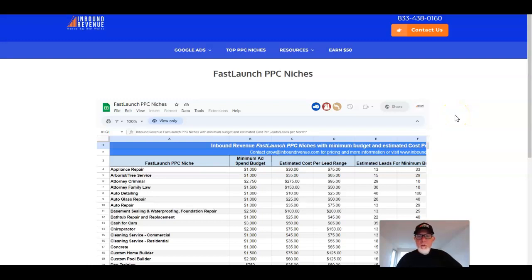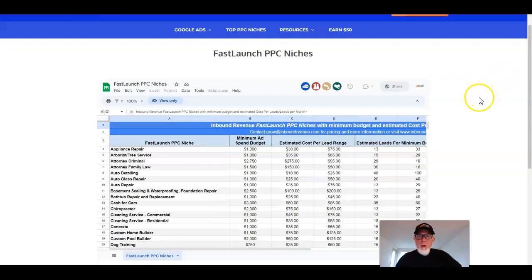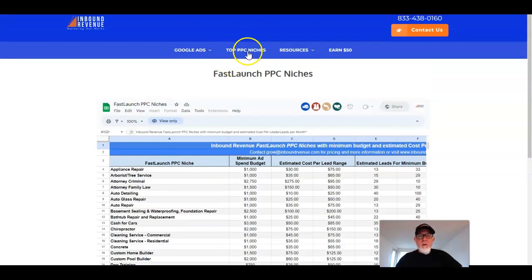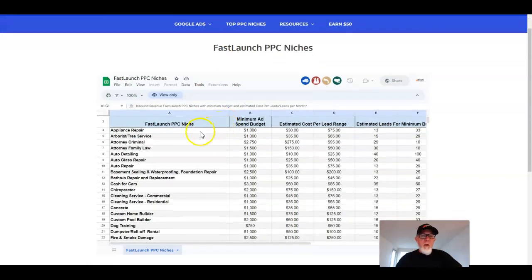I just wanted to talk to you a little bit about our Fast Launch PPC service, which is ideal for agencies that work in some of the most common Google Ads niches. So you can see under Fast Launch PPCs, under our top PPC niches, we've got a list